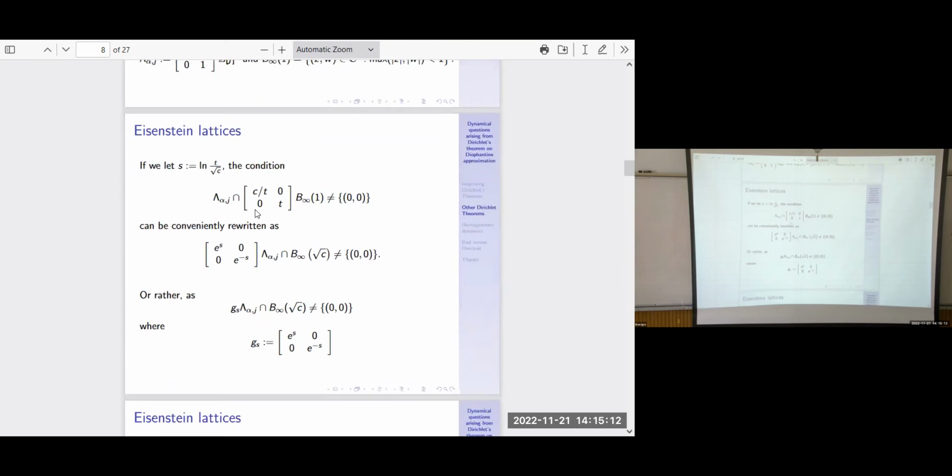Okay, so you converted the problem to saying I have a certain family of lattices in C times C. Yes. These are honest, discrete, finite covolume subgroups of C times C. Yeah. And you have these boxes, and you want all these lattices to contain a non-zero lattice point in all these boxes. Yeah. So it's very reminiscent of